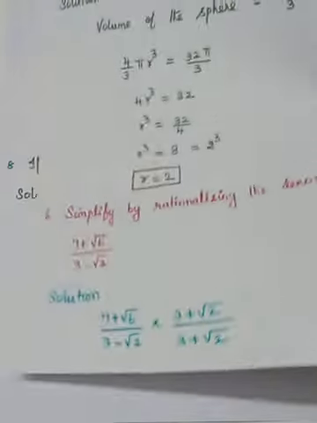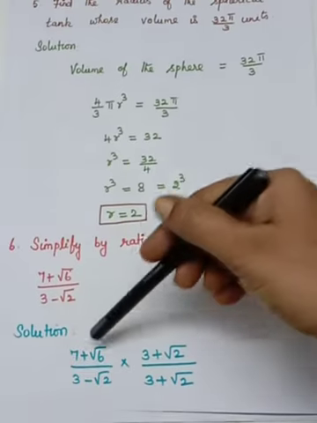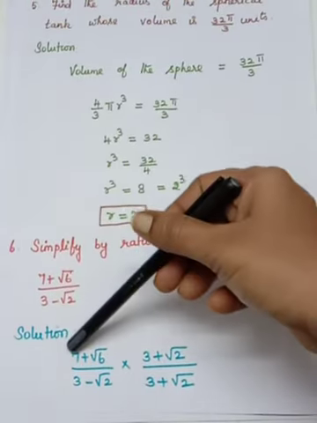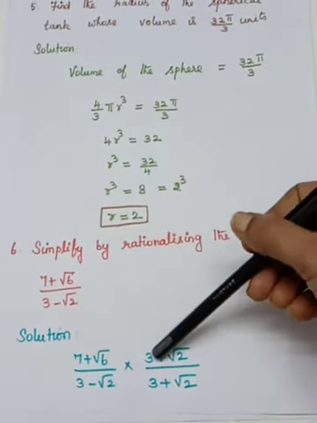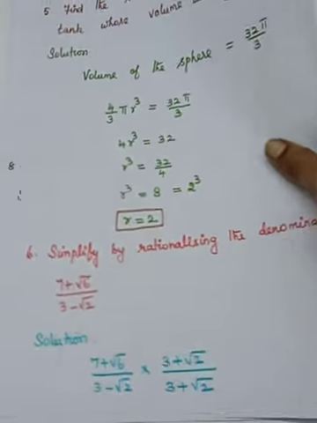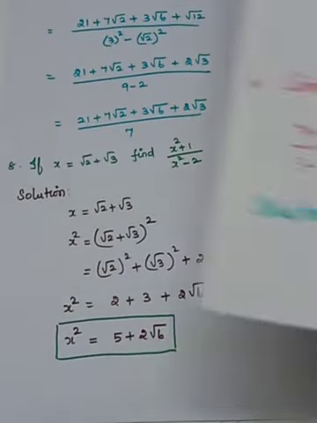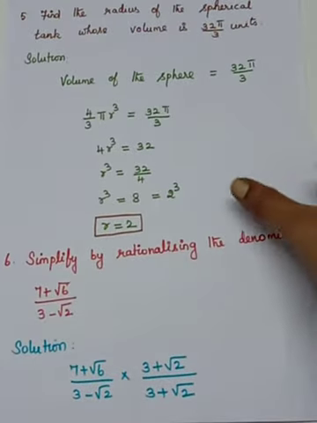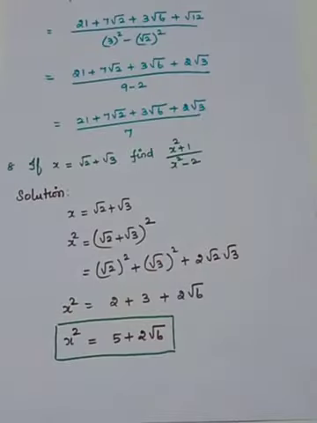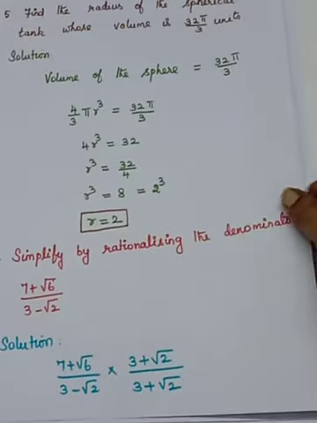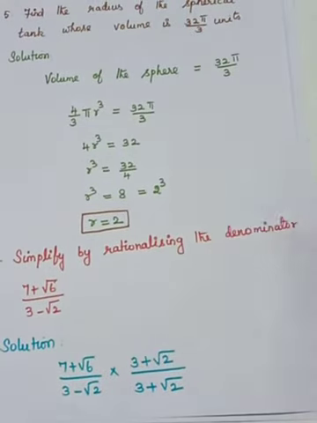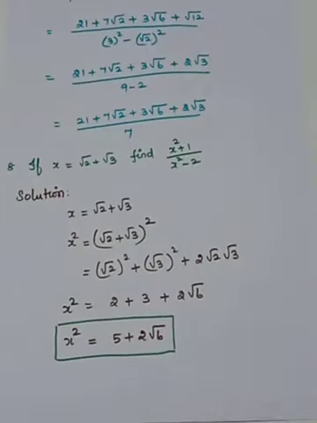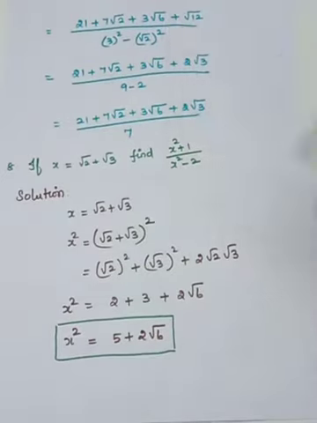Next I am moving to the numerator. We have to multiply these two numbers. Take the number 7. 7 into 3, what is it? 21. See the first number, 21. And next, what do you have to do? 7 into root 2. So that has to be written as 7 root 2. Take the next number, root 6 into 3. So it is 3 root 6.